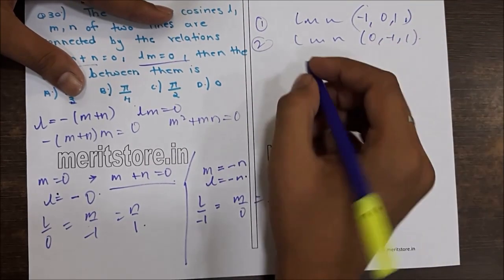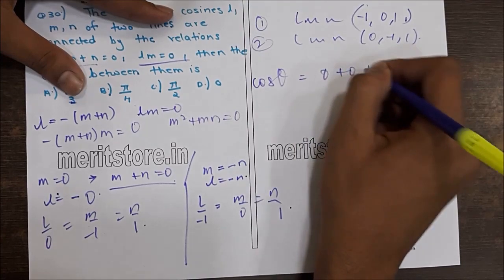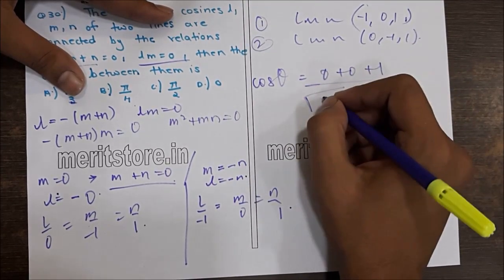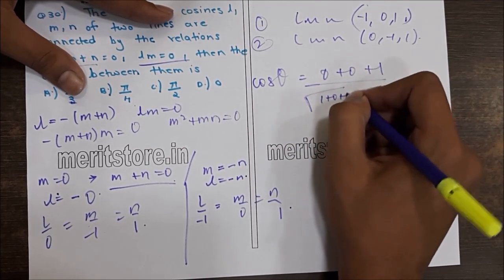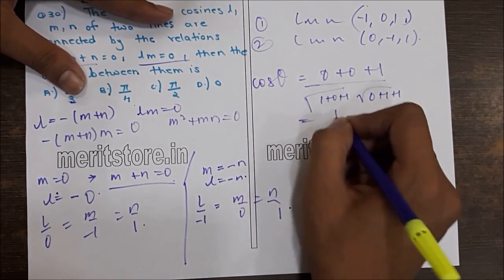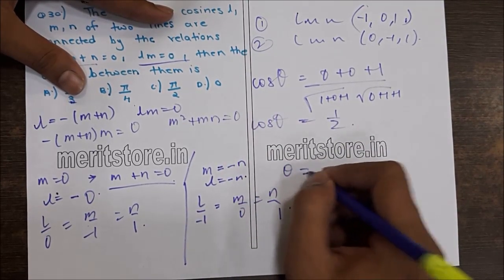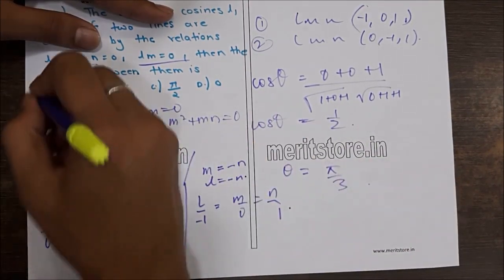So the angle between them will be given by the formula cos theta is equal to 0 plus 1, which is equal to 1 upon root of 1 plus 0 plus 1 and root of 0 plus 1 plus 1. So this is equal to 1 by 2. So we know that cos theta is equal to 1 by 2. So the value of theta is pi by 3. So our correct answer is